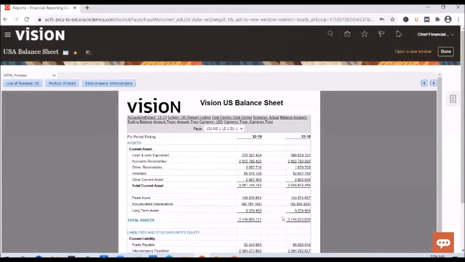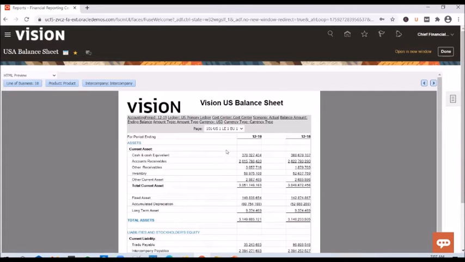Okay, so we're going to create a report similar to this, but it's not a balance sheet report. It's an income statement report, wherein we are going to display the expenses section. We're going to have a couple of sections in our report as well, revenue as well as expenses. And while building that report, we'll see how we can incorporate all the features you're seeing here in the standard report.